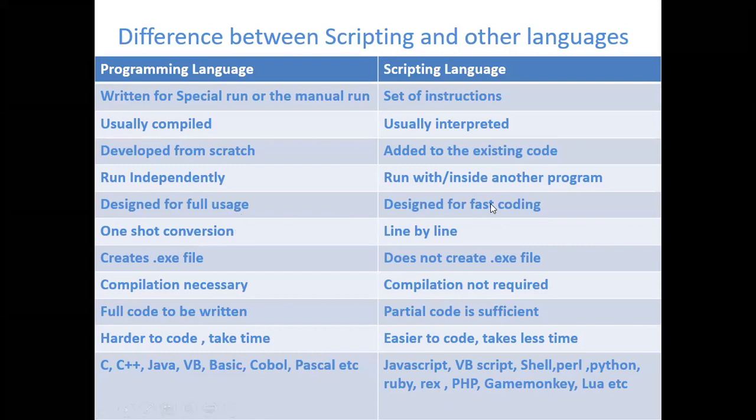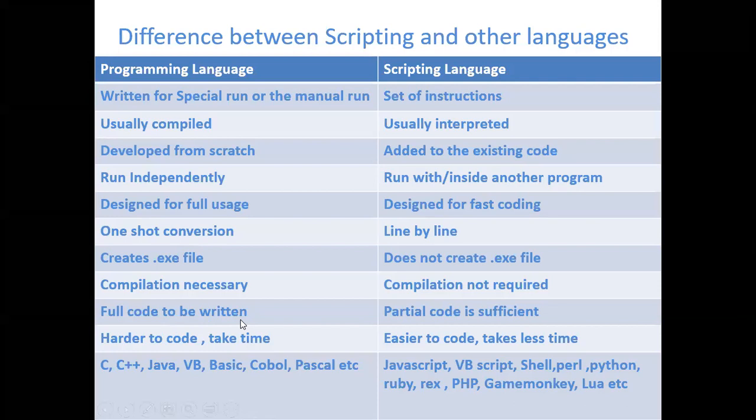Designed for full usage, versus designed for fast coding. That is one thing. One-shot conversion, that means the entire program is converted into machine-level language at once. Here they are interpreted line by line. As you know, interpreters are the ones which interpret the code line by line. The output of the compilation of a programming language is a .exe file. Here, there is no exe file created directly. You'll get the output. Compilation is necessary in programming languages. Compilation is not necessary in the